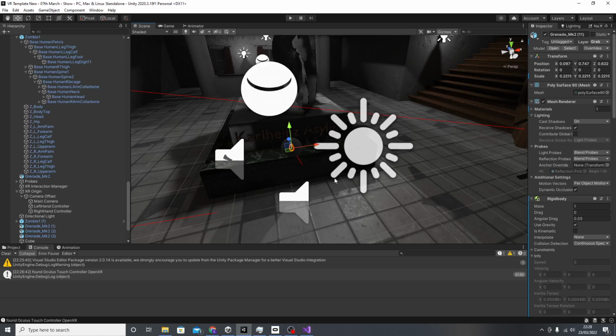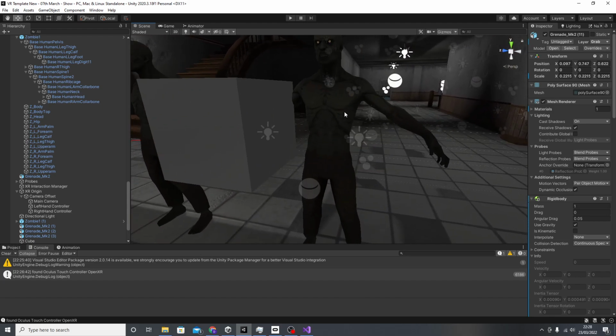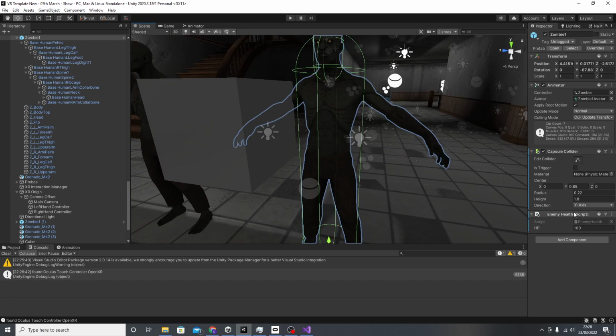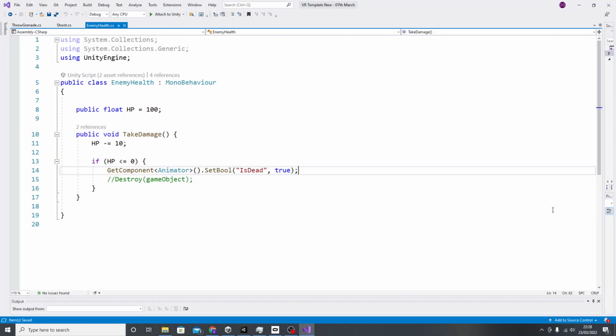So, building on top of part 1 for the FPS tutorial, which if you haven't seen you probably want to see first, this is all about grenades. Grenades build on top of the damage script that we have on our zombies, which are over here. So if I select this zombie, you can see it has an enemy health script, and that enemy health script